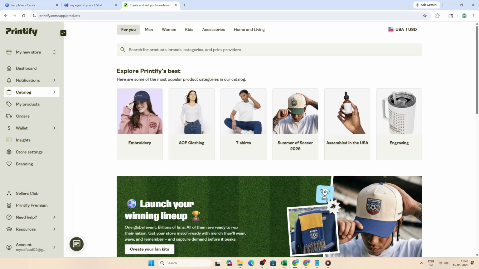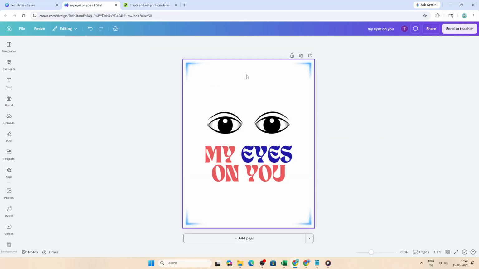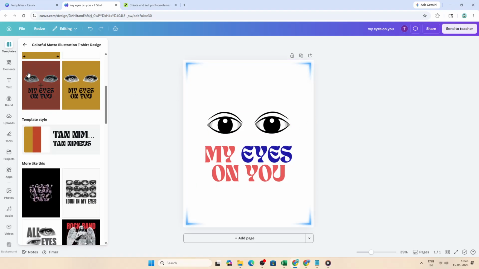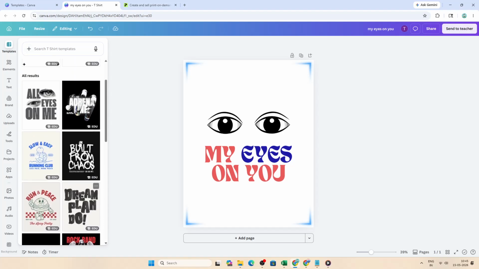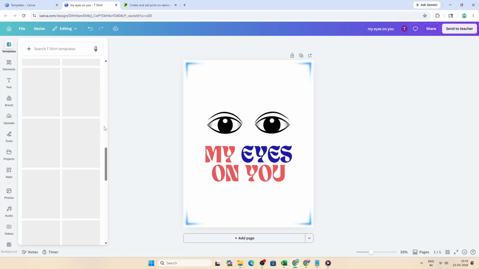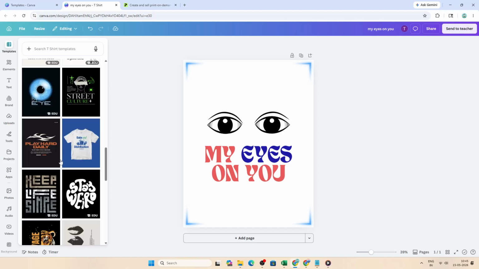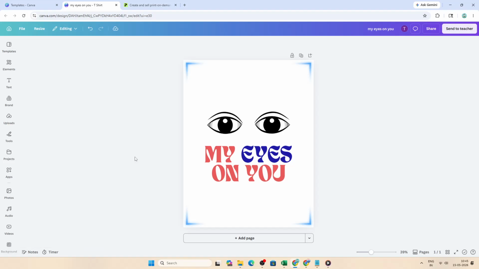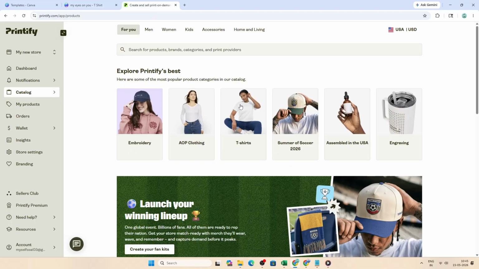Start in Canva, where you will create the artwork for your product. You can search for a template that fits your style or begin with a blank canvas if you prefer full control. For apparel like t-shirts and hoodies, a common canvas size is roughly 4,500 by 5,400 pixels, which keeps your design crisp when printed. That said, always check the specific product dimensions on Printify later, because each item can have